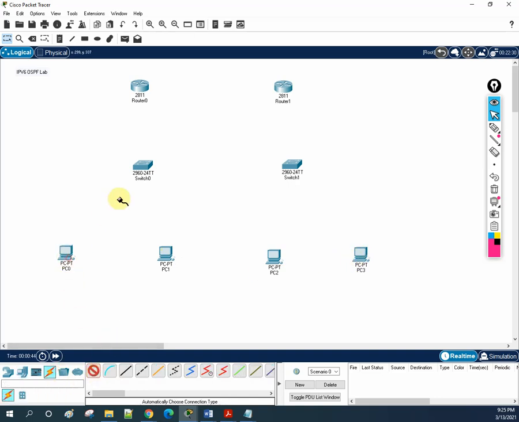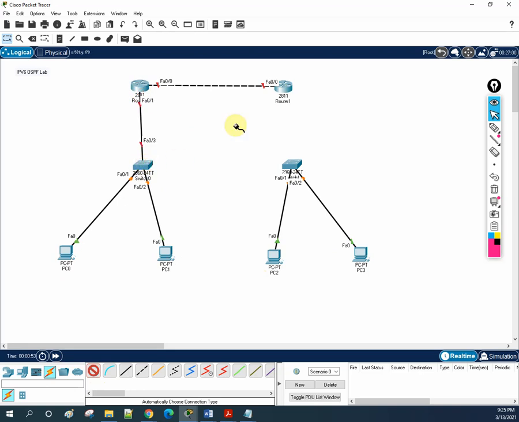I will connect this cable to this one, this cable to this one, this to this. Okay, and from here to here, from here to here. Imagine the same thing, we have two different branches. We want to make the communication between two different branches.